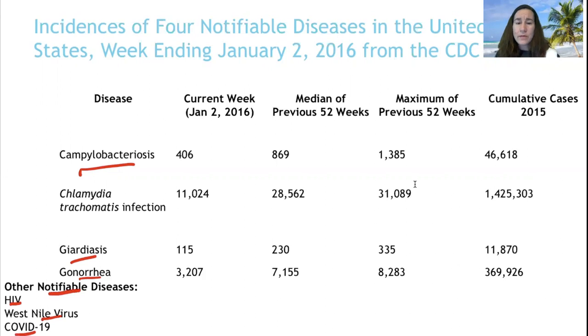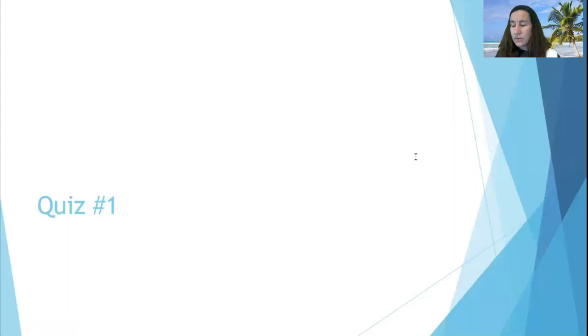So every week they publish their MMWRs, morbidity mortality reports that will go out, and you can see what it is that's impacting. At least if you're a physician and in the healthcare field, you can see what's impacting people for that week for notifiable diseases. It's always out there. So that finishes up this first section of chapter 16.